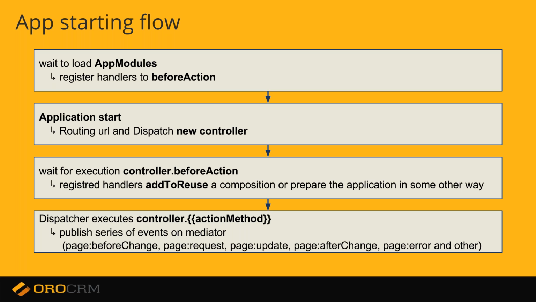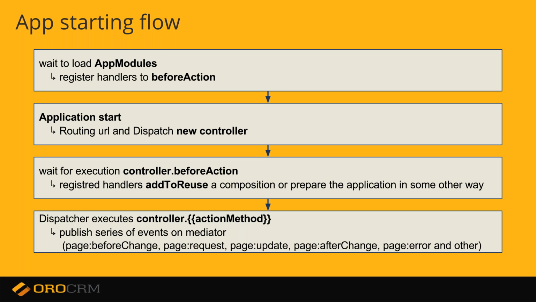When the URL is matched to the route, dispatcher creates a new controller that corresponds to the URL pattern. But before executing a related action, dispatcher executes special methods of controller, before action. A before action method may return object, promise object, and if it does, original action method will be executed once the promise object gets